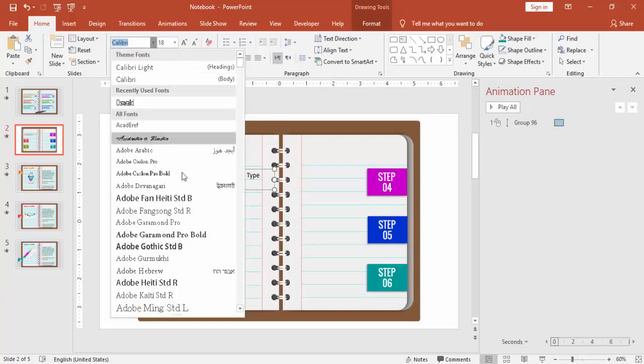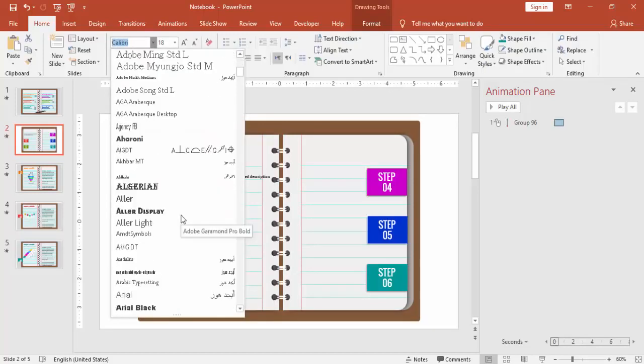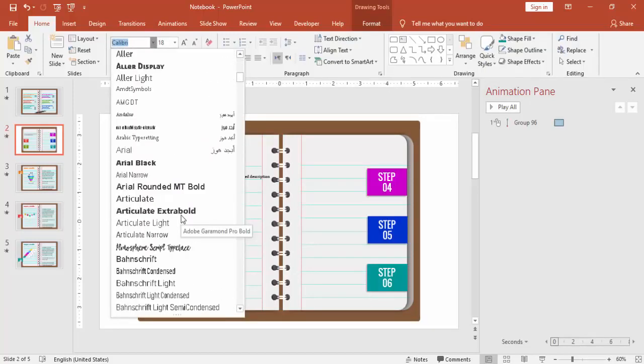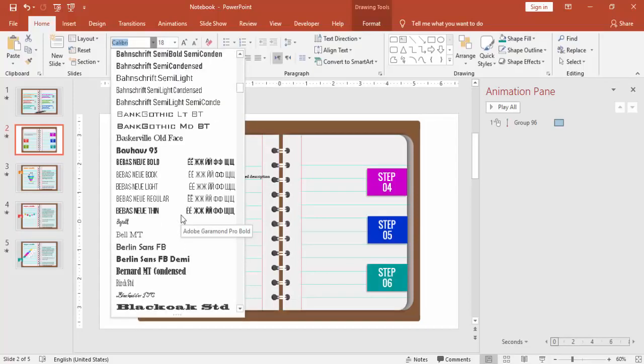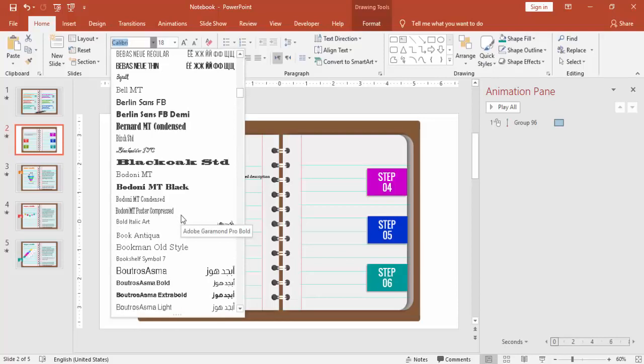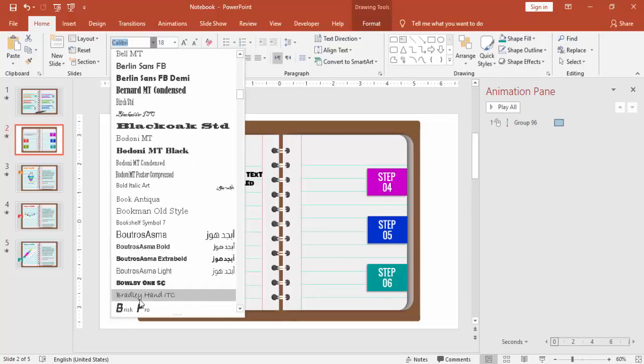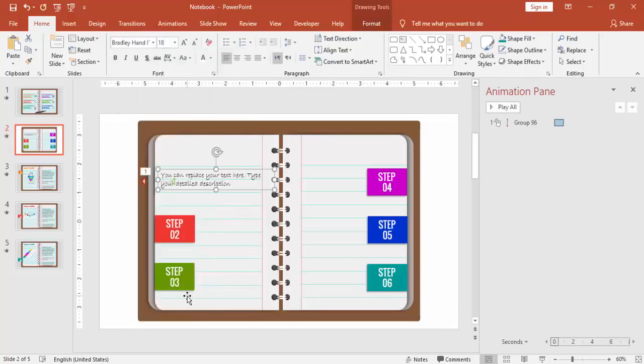So the font which I have used, it has to give an effect of a handwritten. So for that I have downloaded a font called Bradley Hand. So it gives like somebody has written with the hand, and you can give the spacing 1.5, align it properly to the line,